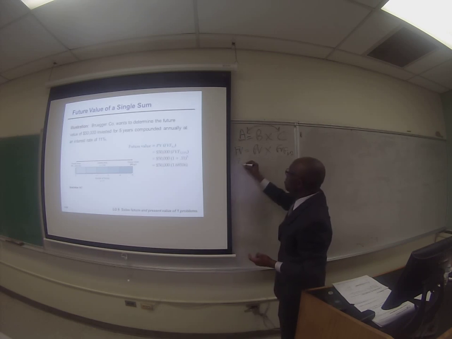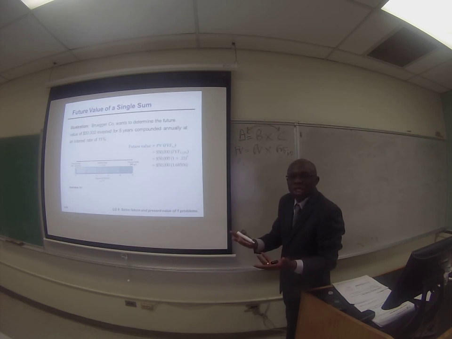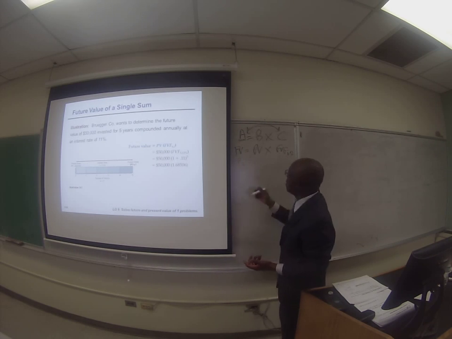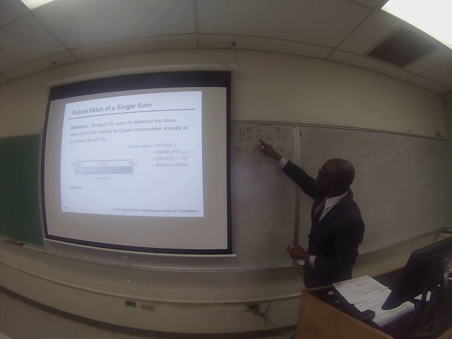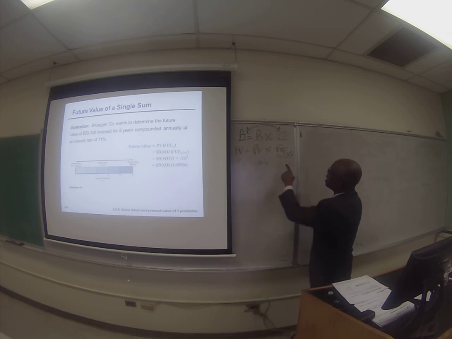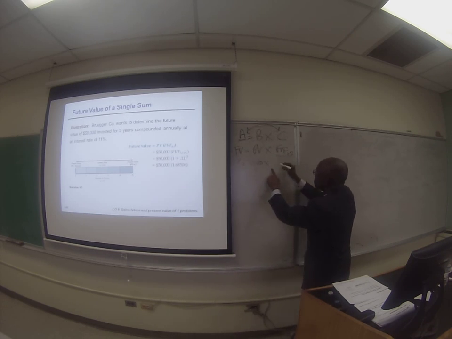So B must be what? Present value. So the $50,000 that we are talking about is present value. So $50,000. Now we have to multiply $50,000 by C. A equals B multiplied by C. Now, like I said, C must be the interest factor of A. So the future value